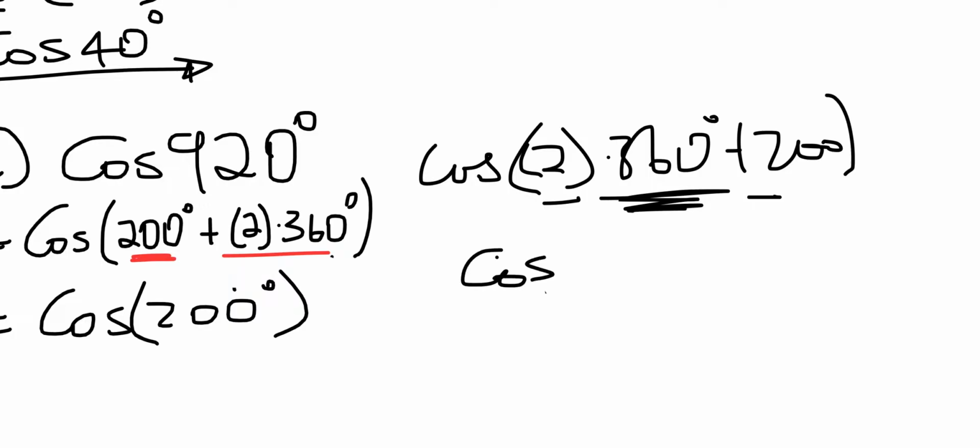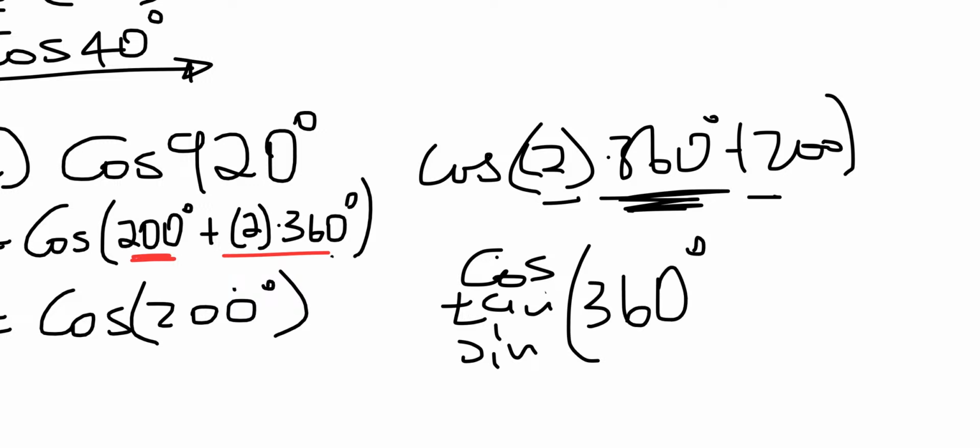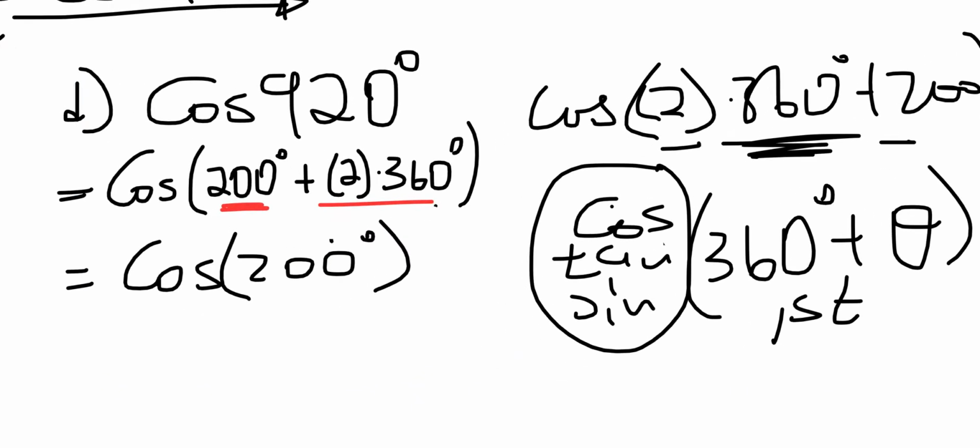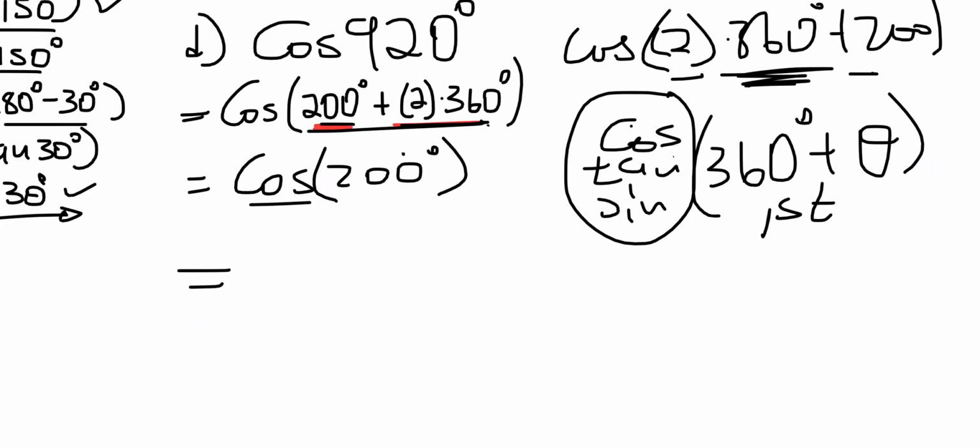Meaning if you have cos, it doesn't matter if it's tan, it doesn't matter if it is sine, as long as it is 360 degrees plus whatever angle, we assume it to be falling in the first quadrant, whereby all of these things are positive. So that is why even this one, even though it's written as 200 degrees first, you can still write it as 2 of that plus that, then it's the same as positive, that same thing, but that whatever angle there, which means